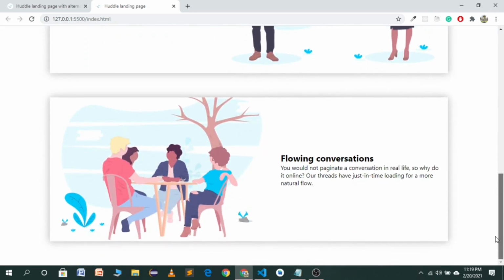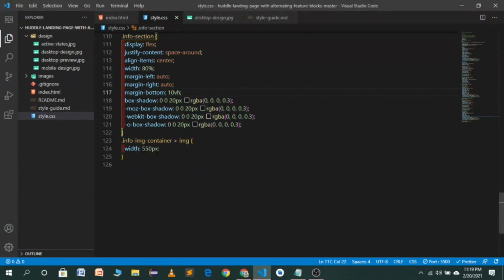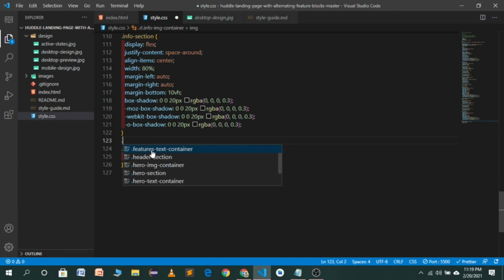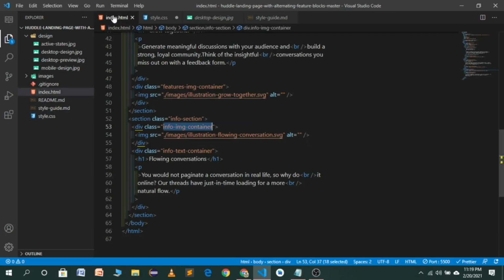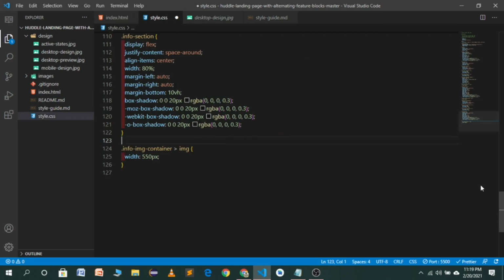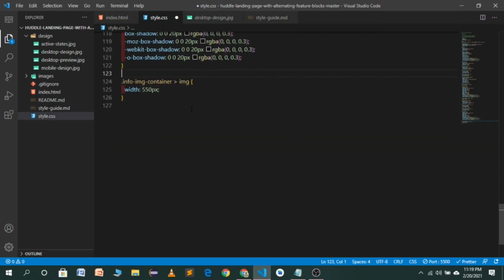We just want to target the h1 and p in the info section. So first of all we have to go to our index.html and copy the class name for our info text container. I will copy the class name. I will go to the CSS file. Here I will target